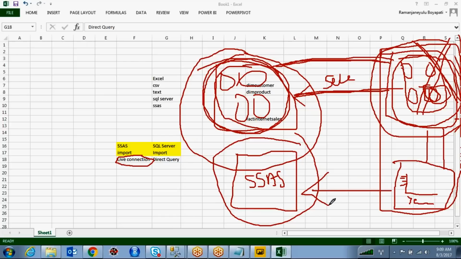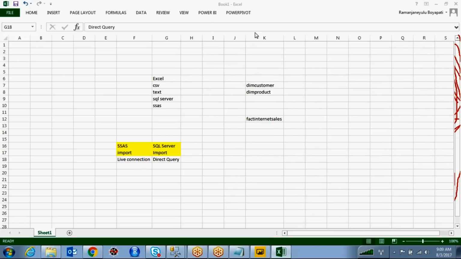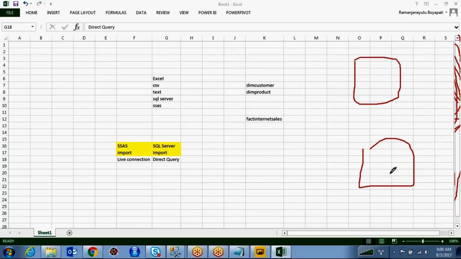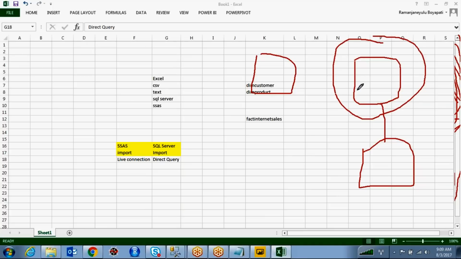It's a live connection. There are no manipulations. There is nothing in between the data source and Power BI. It's direct live. It will fetch whatever is there in SSAS. In DirectQuery, there is a middle layer between the Power BI report and your data source, which is the data model layer.